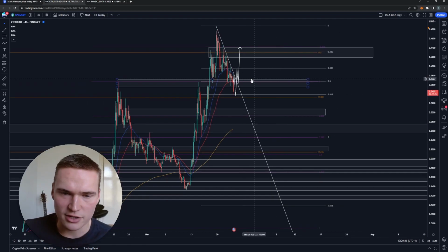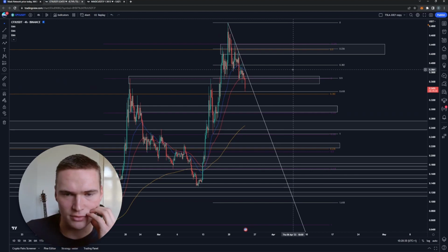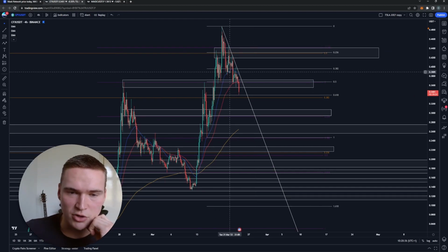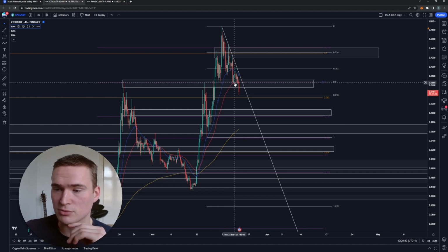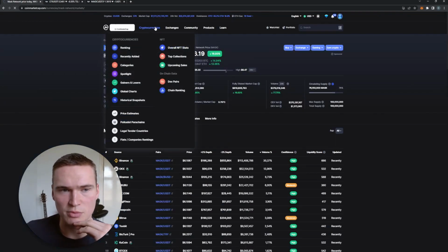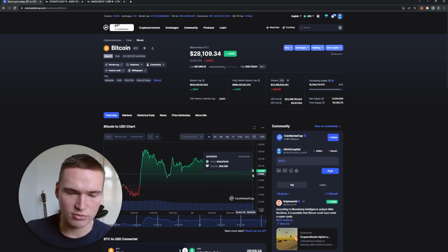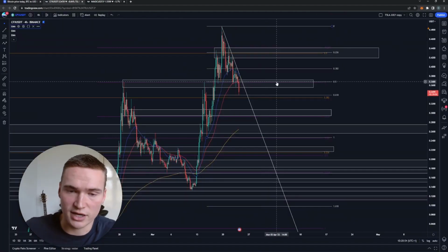Alright, so for now, let's take a look at Conflux. What we already talked about yesterday, to start off with a technical overview, is that you can see that we started this bearish momentum. It first broke down below the 28 EMA, that blue line, and then our last support was 36 cents and 36.5 cents, and we just got some bearish momentum throughout the entire markets. I mean, you can see Bitcoin dropped down a bit. It already has found support, but Conflux wasn't strong enough to hold that. It seems like, at least,